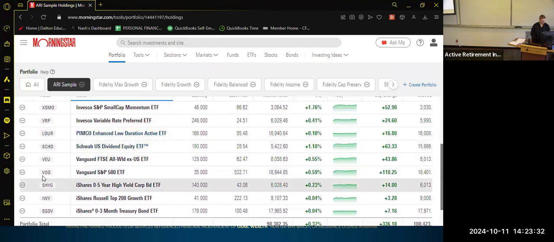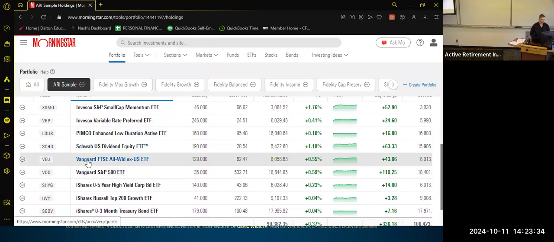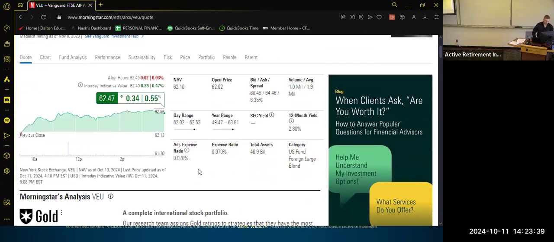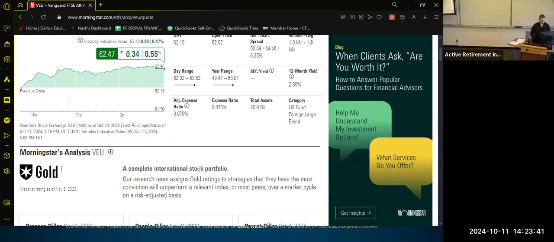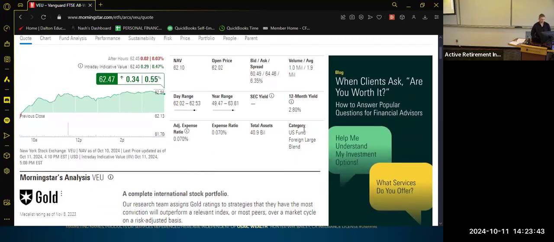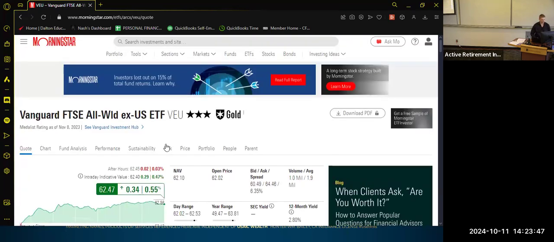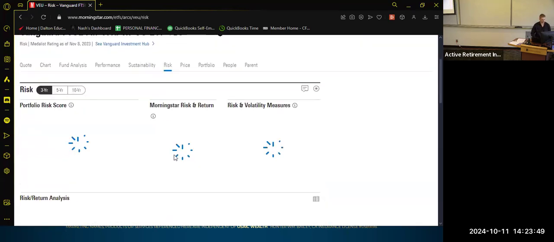Let's see what else we got. We can also look at something like our all world. So we can see this expense ratio is low. Also, it says US fund formed, but the whole point is that it's not US. So I don't know why it says that. But if we look at something like risk,